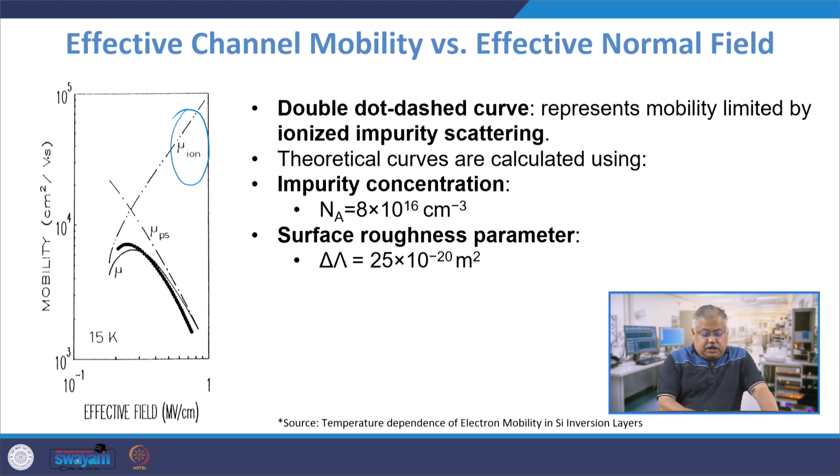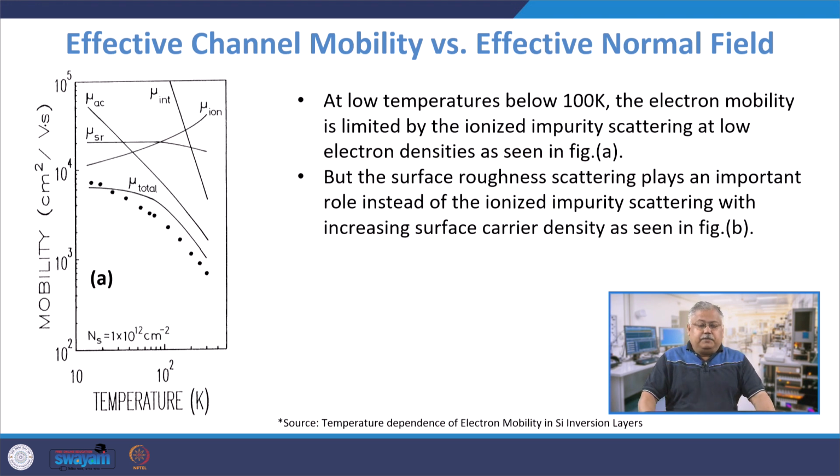The value of the impurity scattering in this case has been taken to be 8 into 10 to the power 16, and the surface roughness parameter has been taken to be 25 into 10 to the power minus 20 meters square. Now